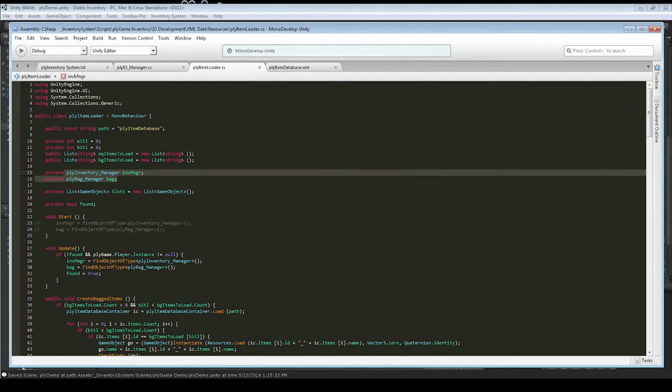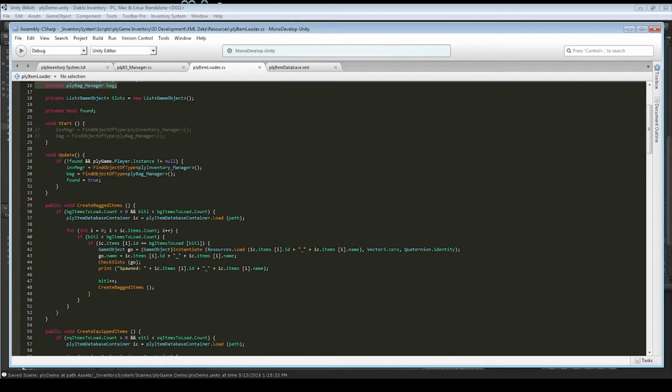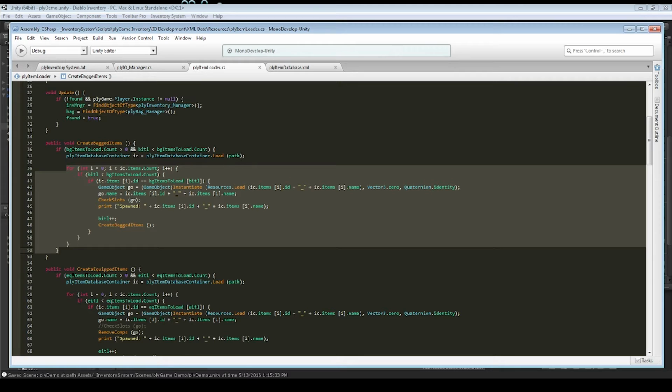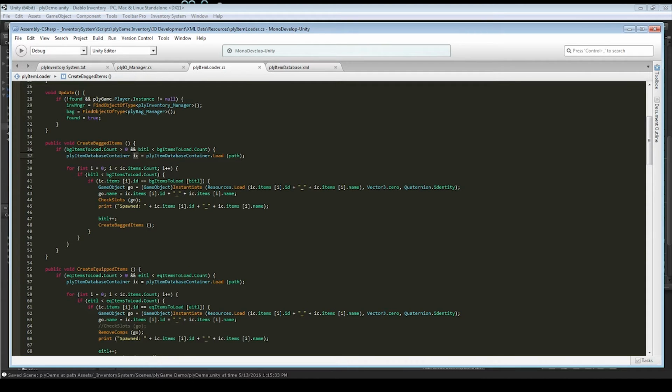We got references, all the stuff we need. Okay. Now, when we do this, we need to have a few iterations going on here, right? First, we need to get our database, right? And we need to load it, so that way we know what our database has. And then we can iterate through our database,